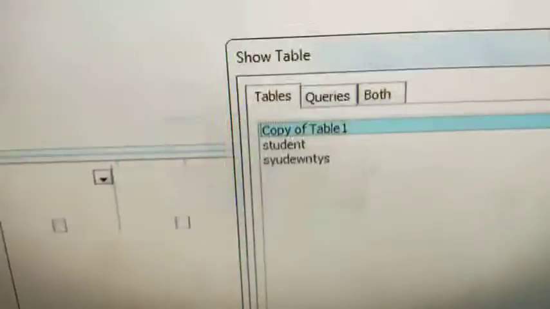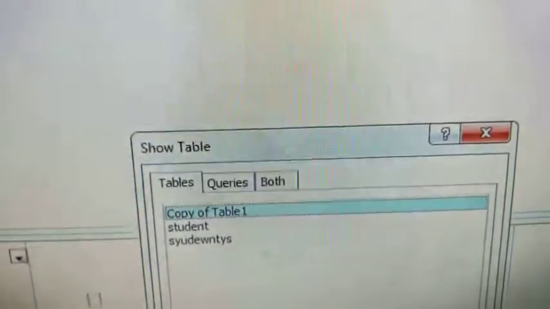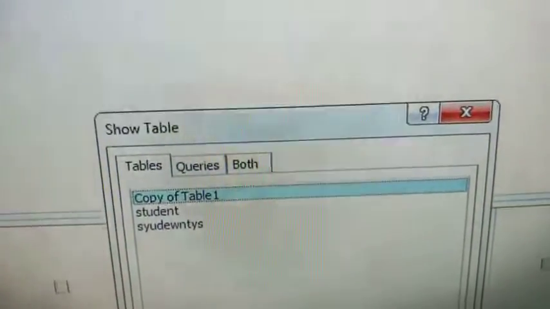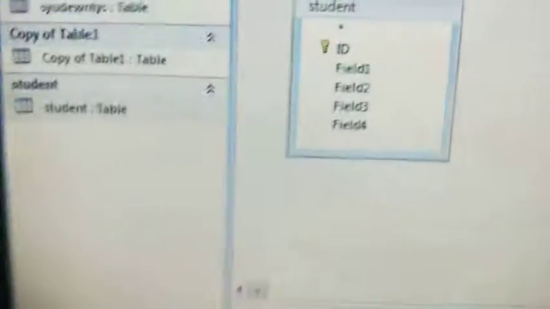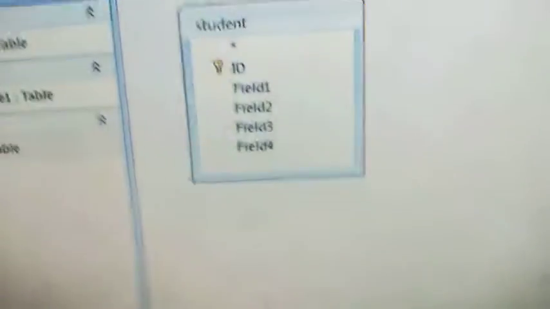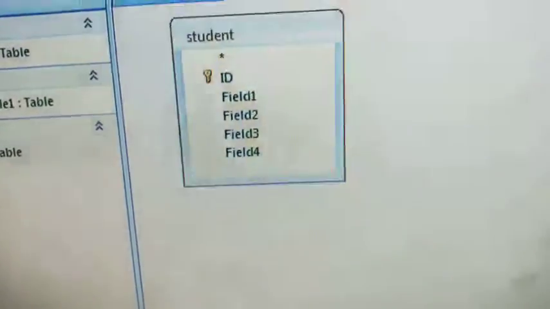When you click there, a new dialog box, Show Table, will appear. From here you have to select the student table, double click. After selecting the table, first of all you have to close it. Then all the fields of the student table will be displayed here.